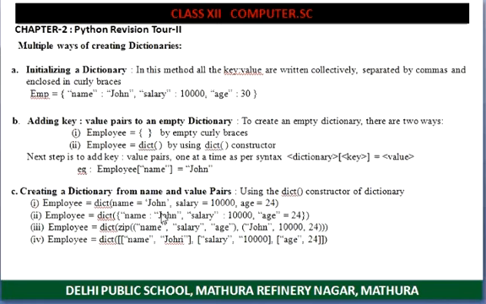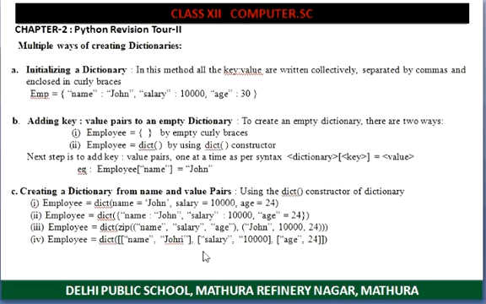First, by putting all the pairs in parentheses, you can create the dictionary. Second, by putting all the pairs in parentheses along with the curly brace, you can create the dictionary. Third, keep the keys in one parenthesis and values in another parenthesis and write zip before them. In this way, you can create the dictionary.